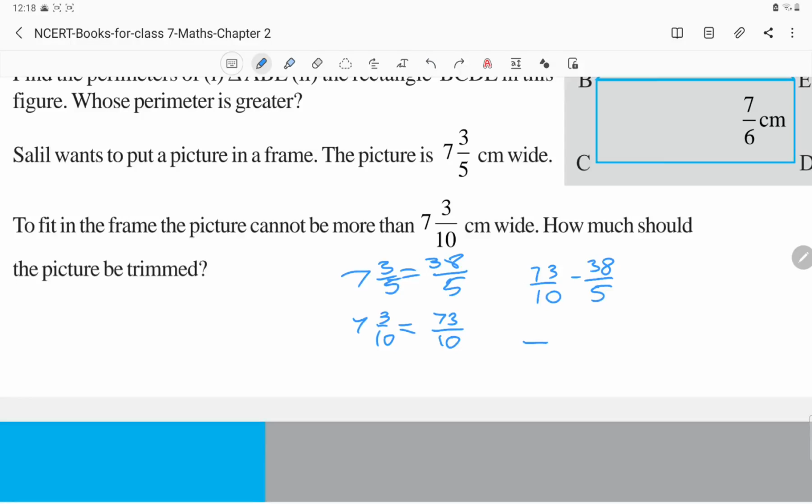Okay. So let's convert this. That stays the same. And that goes to 5 times 2 is 10. So 38 times 2 is 76